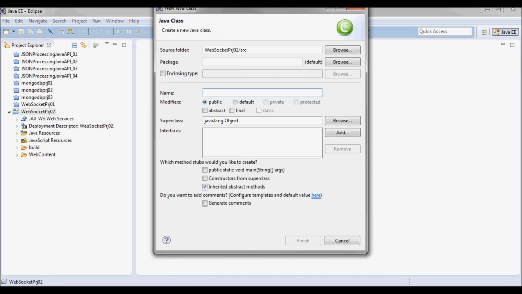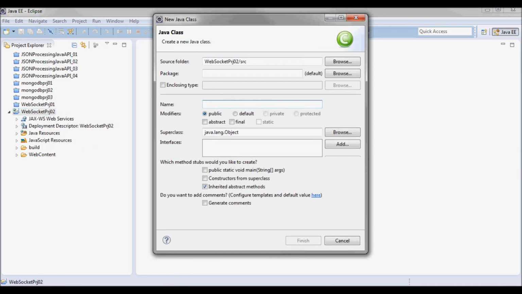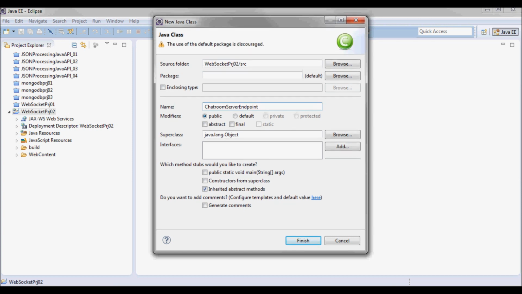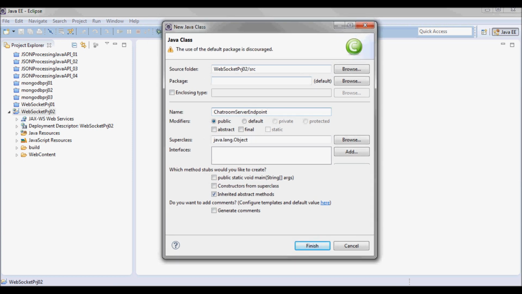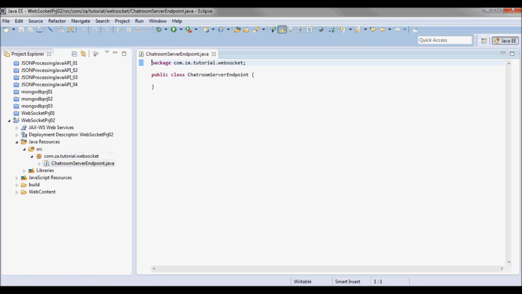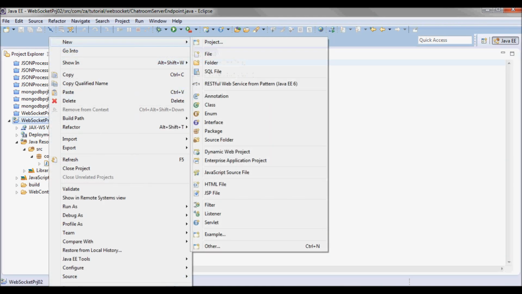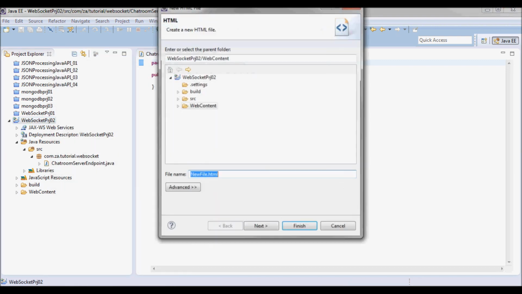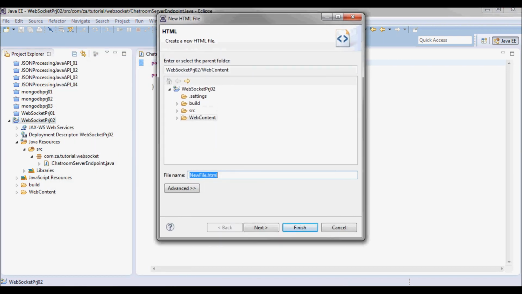And here I'm gonna create a WebSocket server endpoint. It's gonna be in this package, and the client is gonna be an HTML page.